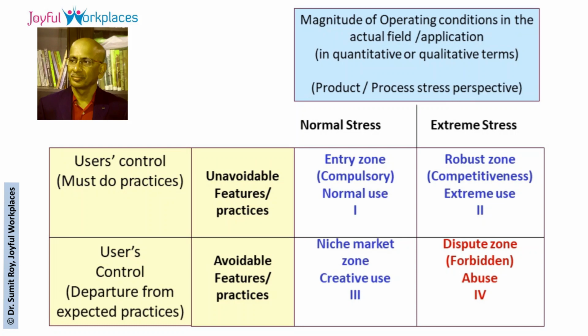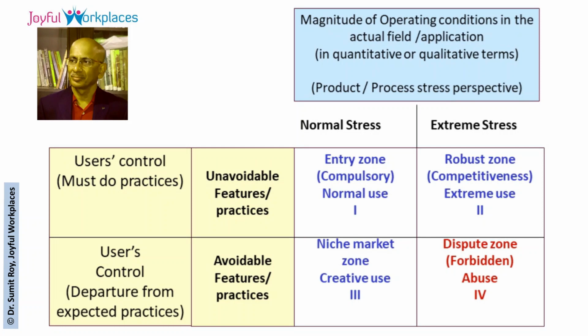One among the very useful techniques used in reliability function deployment, which I recall having used quite successfully in a number of companies for building reliability, is the operational planning matrix, which also figures in the reliability function deployment flowchart. If we look into the operational planning matrix, on the top the stress is divided